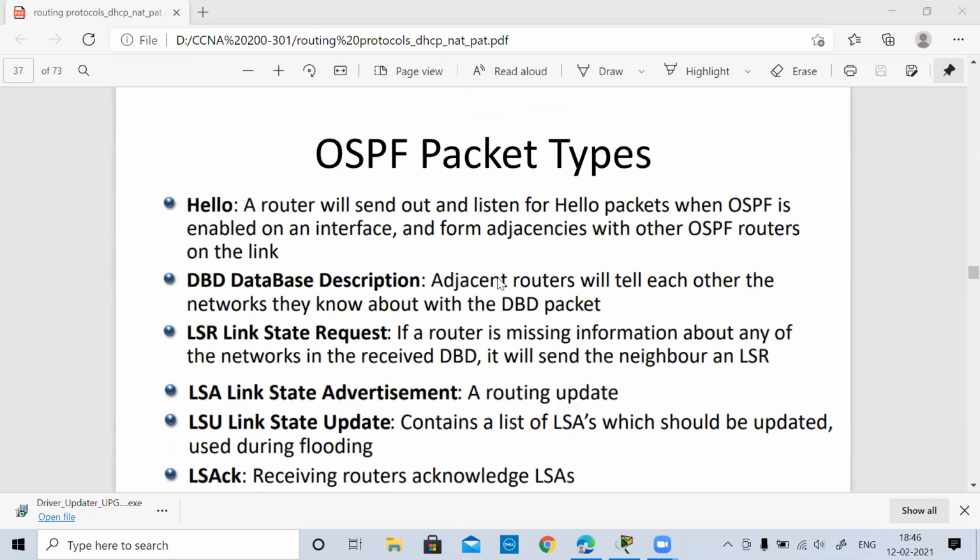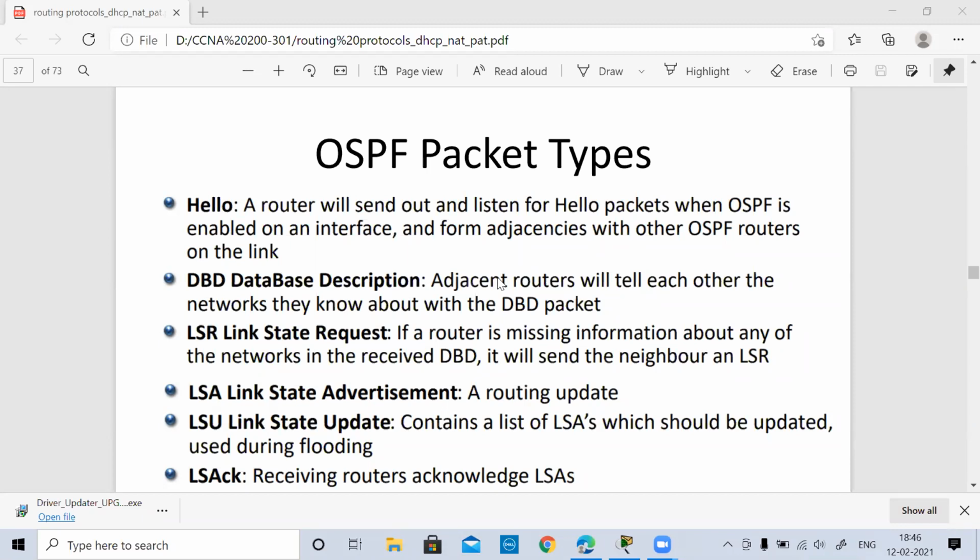As soon as we start router OSPF, we are going to see the commands as well as configure it on Packet Tracer. So as soon as we write router OSPF as the command, see, yesterday onwards we have seen for RIP also we have to start with router RIP. So you're initiating the process. For EIGRP also you're starting with router EIGRP followed by the autonomous system number. Here also we are going to start with router OSPF, followed by a process ID.